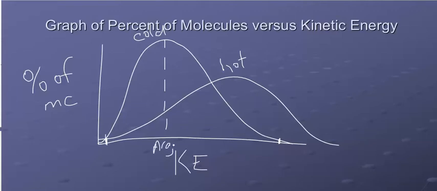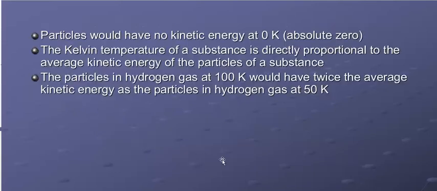All right, let's look at the hot temperature curve. Even in hot water or a hot temperature, some molecules have a very low kinetic energy. Some molecules are going to be way over here at very high, but most of the molecules in the hot temperature are going to be right here at the peak. So my average kinetic energy falls right there. So notice what's happened. As I increased the temperature, I went from cold to hot, the average kinetic energy increased as well. So kinetic energy, temperature, directly proportional.